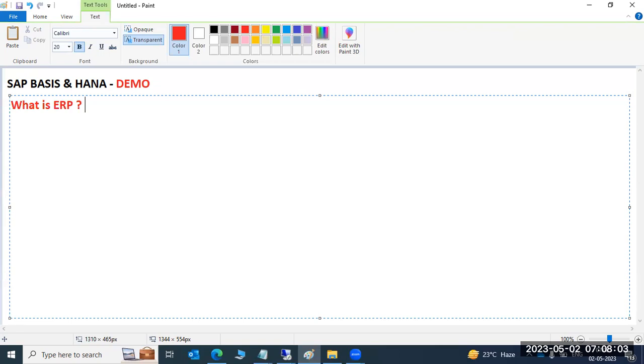SAP R3 was officially launched. We'll discuss the versions as well, when it was released, and what ERP is. ERP, enterprise resource planning, is to plan the resources within the organization. We need one ERP software to plan the resources in one organization.